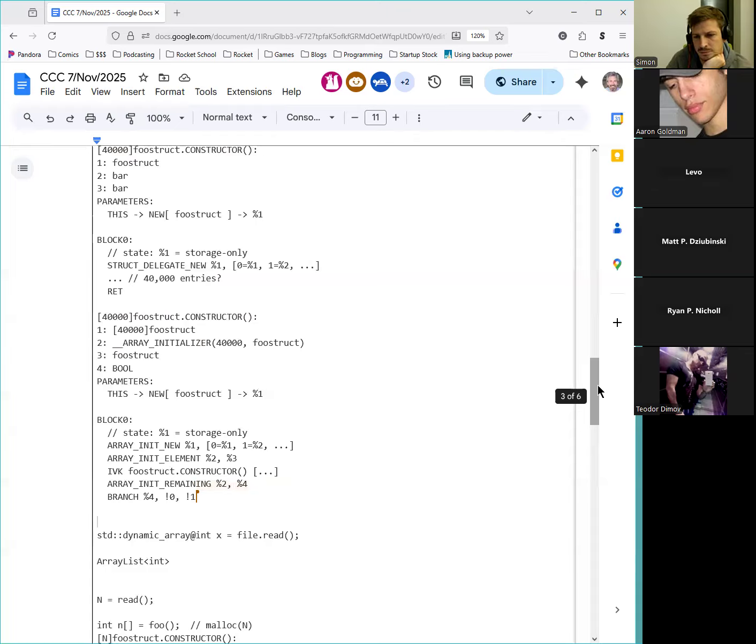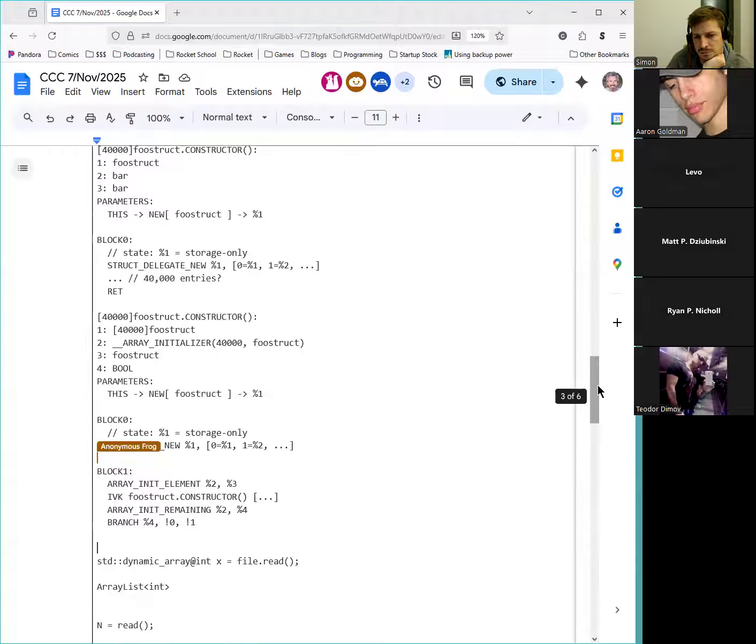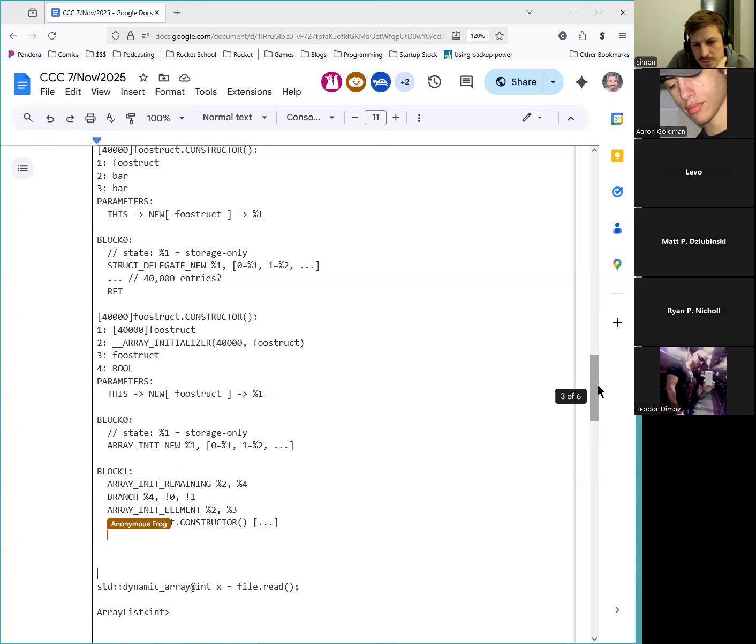Actually, hang on. We need a new block. An obvious thing here is you're going to work your way through a loop and init the thing. Right. And the array is partially initialized throughout its life, through its initializer here. So some elements are random crap and some elements are foo structs. And it's a moving wave. This is very straightforward, very obvious. And now is your complaint, I don't like it because